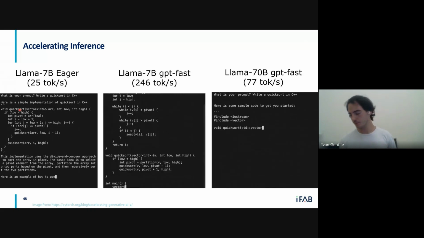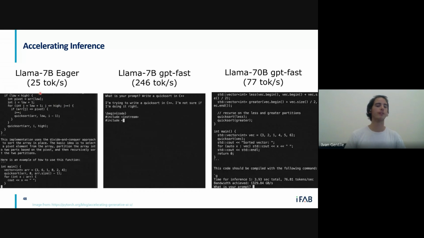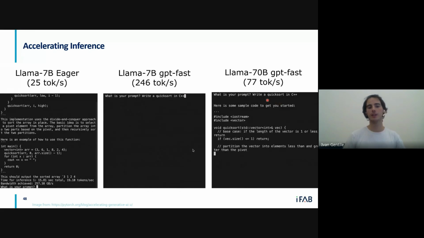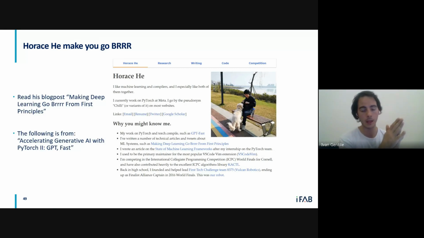And there are ways in which we can try to move from 25 tokens per second to 246 tokens per second. What I will show in the next slides is actually taken from a blog post from this guy. It's called Horace He.